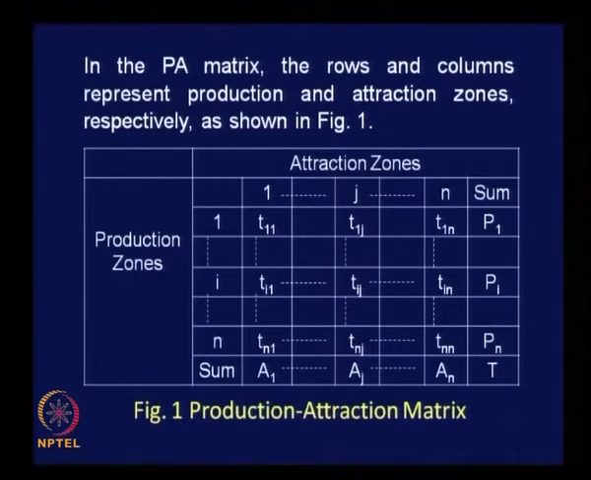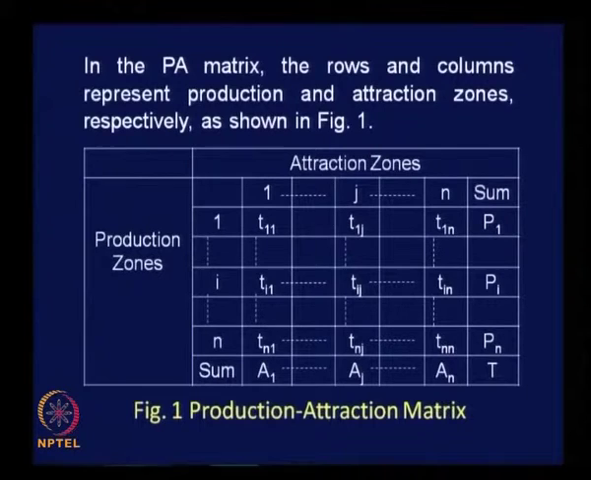The cell value Tij means what? This cell value will give the number of trips produced at zone I and attracted to zone J. That number will be given in this cell. T1J, for example, will give us information about number of trips produced at zone 1 and attracted to zone J,